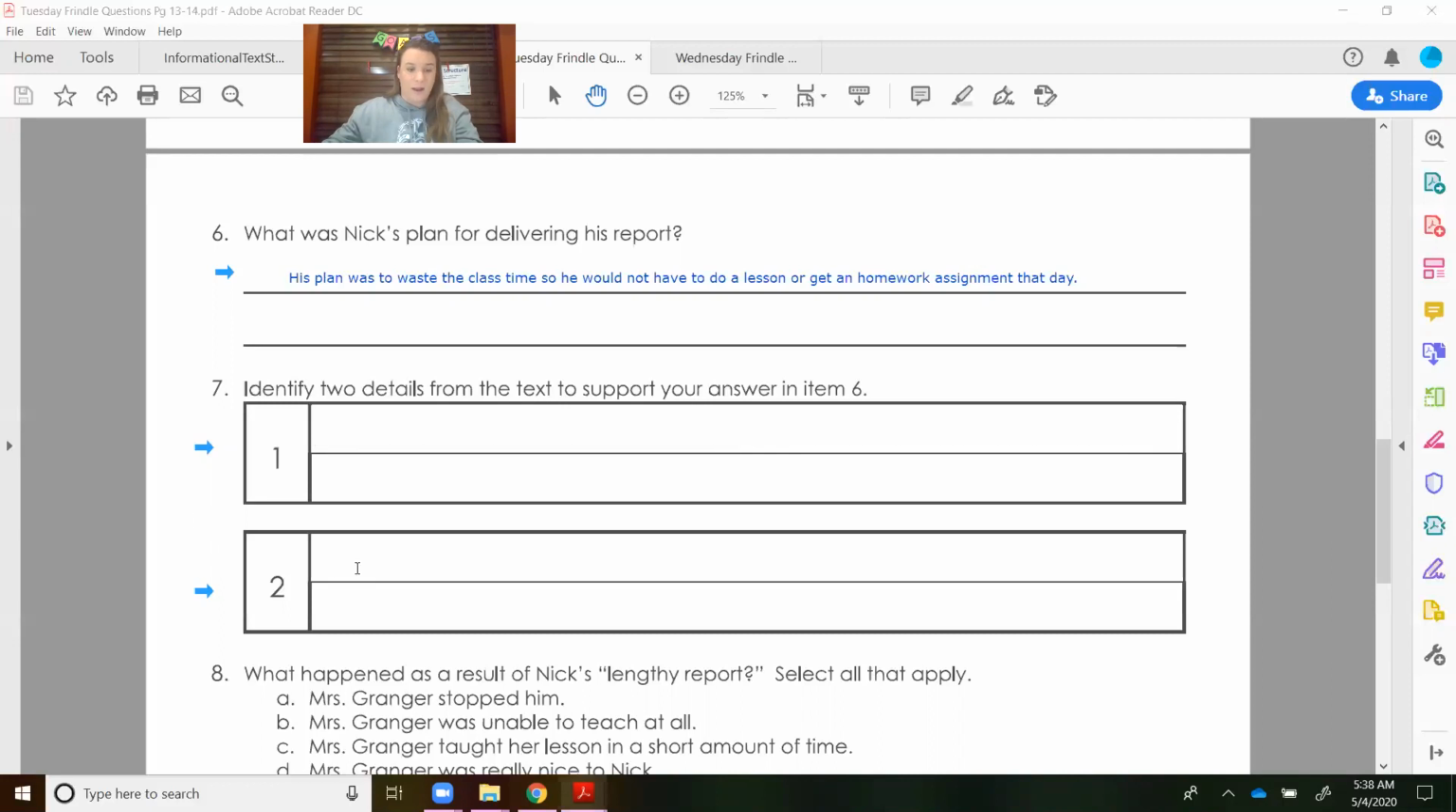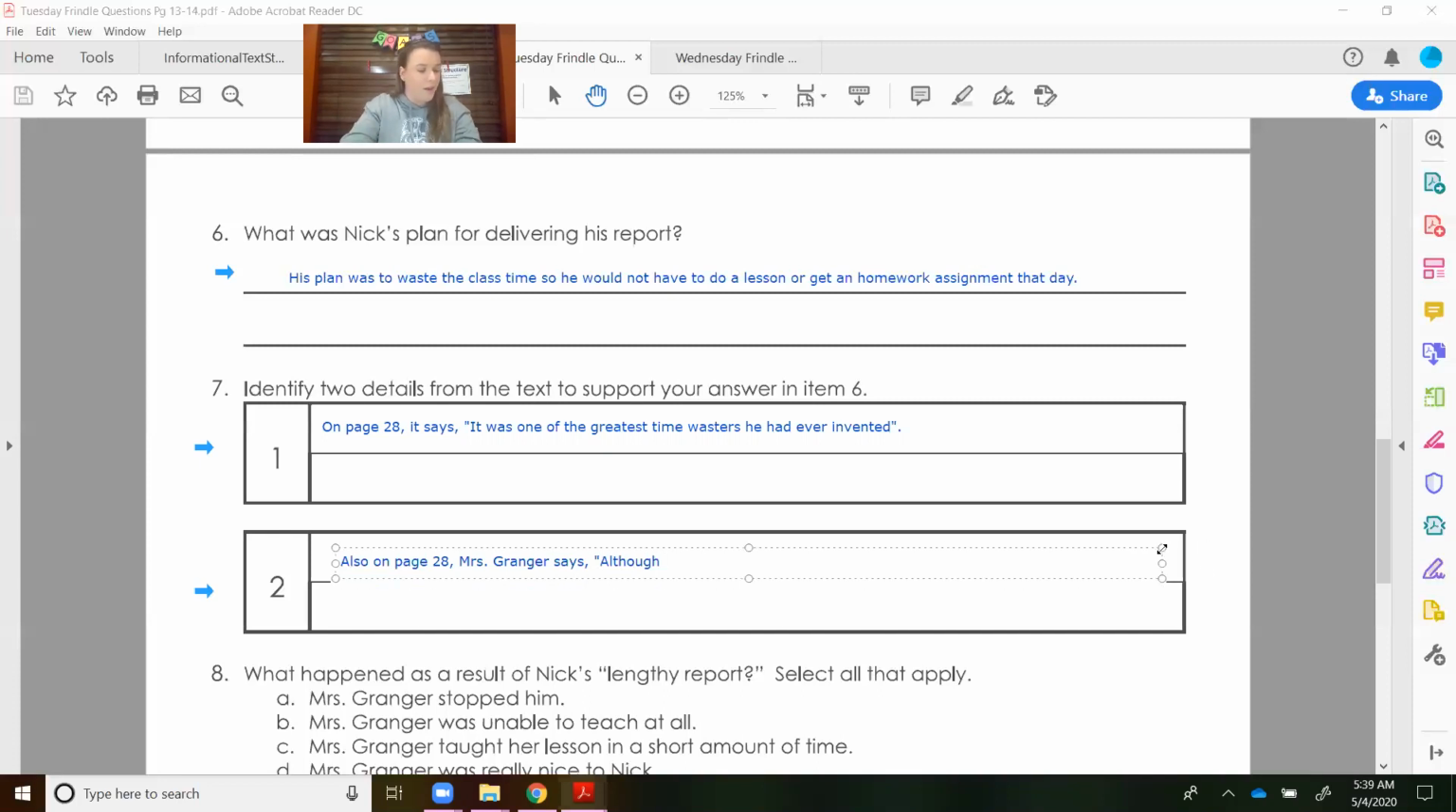Now my next one, I'm going to put right here. Also on page 28, it's something that Mrs. Granger says to the class, okay? And so I'm going to put also on page 28, Mrs. Granger says, although your report was a little long, make this bigger, there we go. All right, so there,